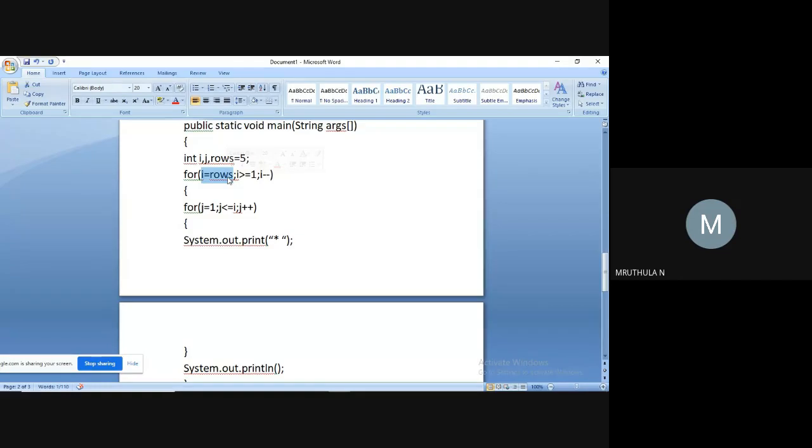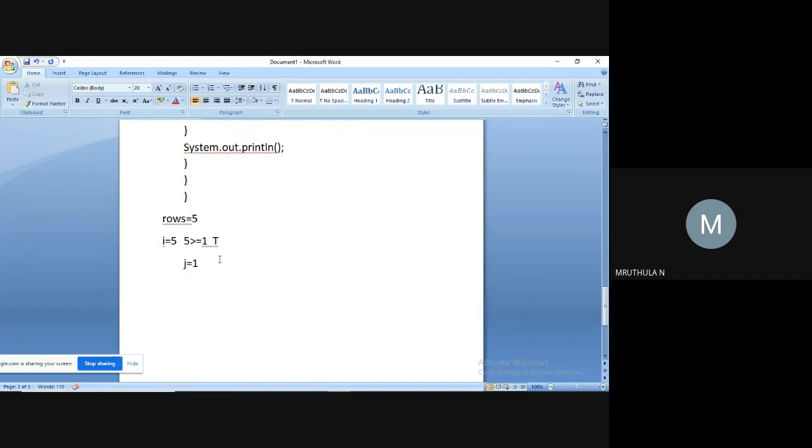I is equal to 5. So the condition should be j less than or equal to I. J is starting from 1. So j less than or equal to I, that means 1 less than or equal to 5, which is again true, and we are entering the for loop body of variable j.